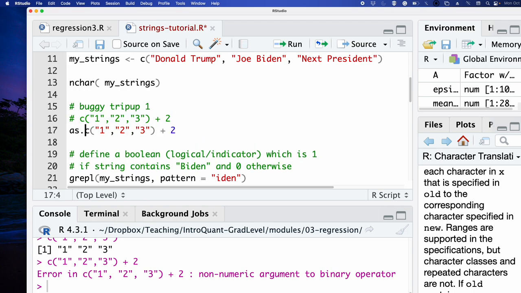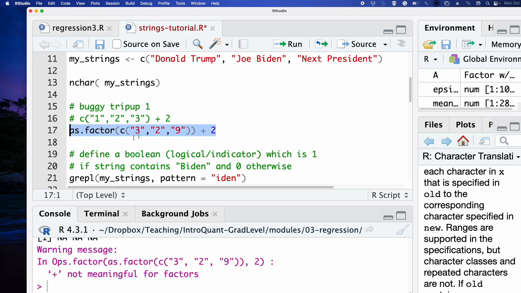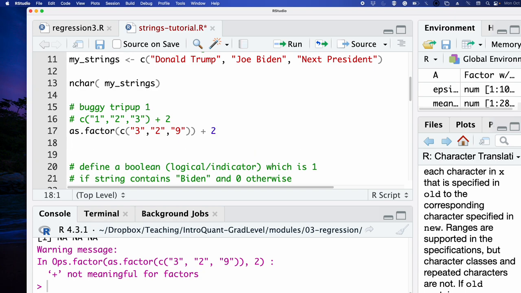Another way you can get bugs with that is if, let's just do 3 to 9 or something like that. Another way you can get bugs is if you go like this: as factor 3 to 9, and you try to do that, you also get error messages. So the best way to fix this, I personally like to write a function